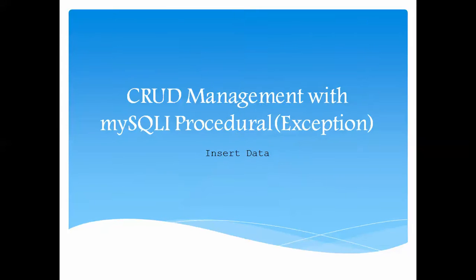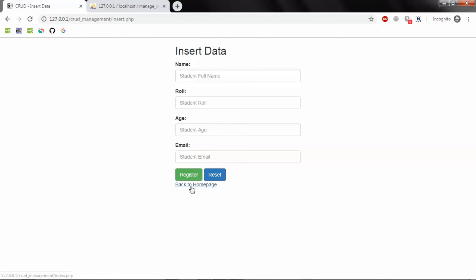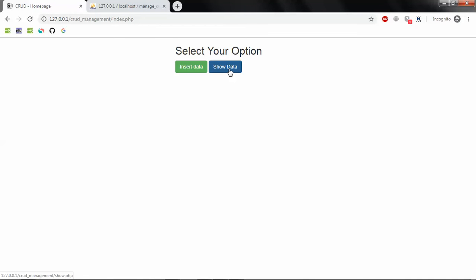In the next tutorial I will basically show you how to show the data. I mean, we will insert it over here, and if I come back to my home page, there is another button, you see that, show the data. So show for what reason? Basically for a couple of reasons. One is that